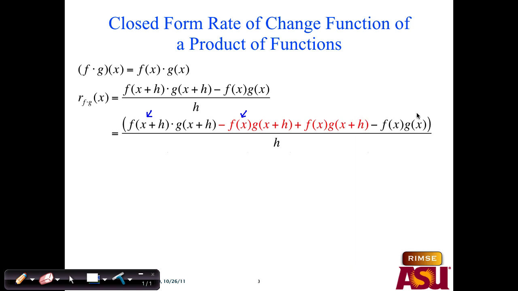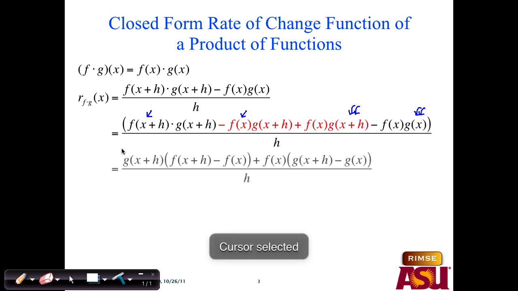If I look at the second 2 terms and think about factoring something out from this group in the numerator, they both have f of x in common. What's not in common is g of x plus h minus g of x. That sounds really good, because those sorts of expressions in numerators over h are things that we've seen before. So doing that factoring,